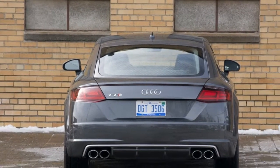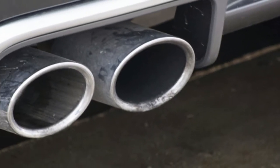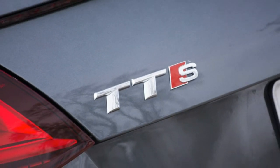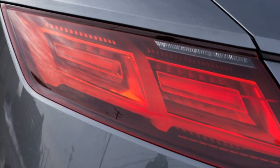That sounds like a lot on a stopwatch and in an argument, but from behind the wheel, it just isn't all that noticeable. You're intrinsically aware that the TTS is faster than the TT, but both cars have loads of low-end torque and send their power to standard quattro all-wheel drive systems through 6-speed